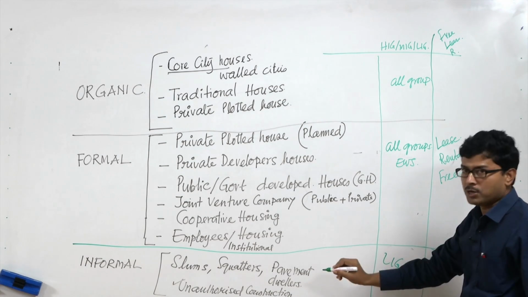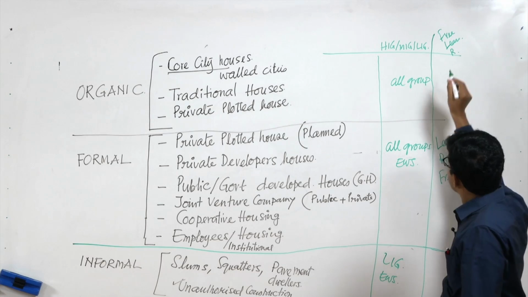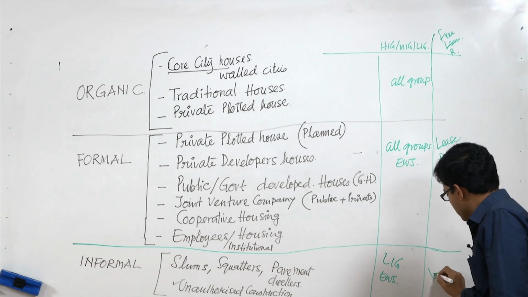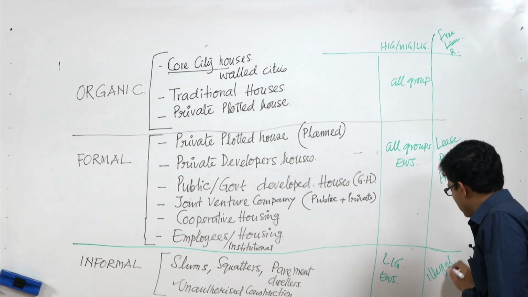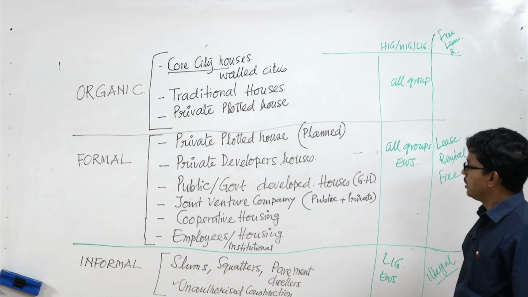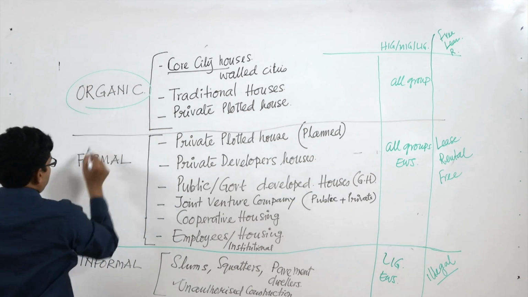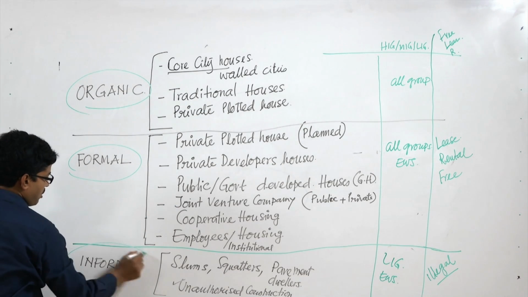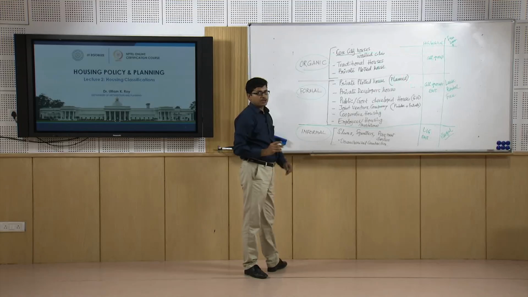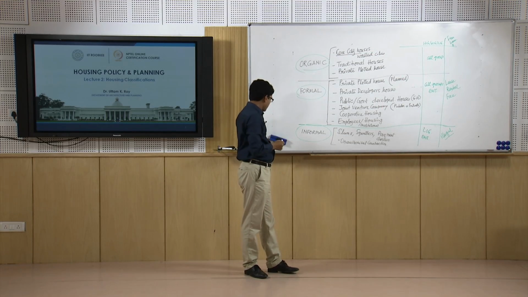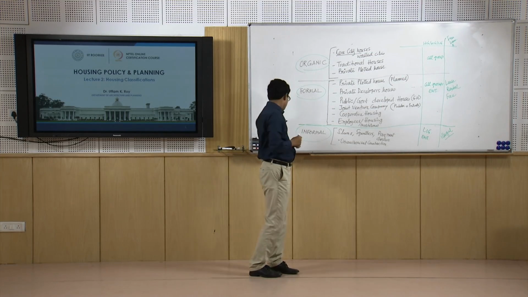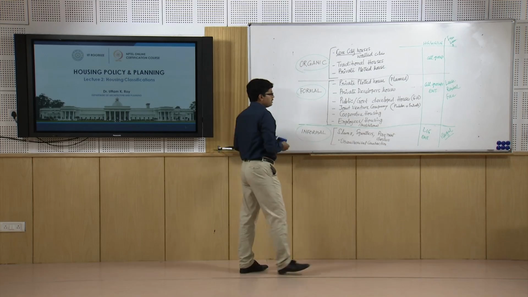Whereas the informal houses do not bother about the land tenure, and are mostly built on illegal land or with illegal construction. And you can observe that organic house, formal house and informal house each require different types of intervention. So, if we want to put the intervention,